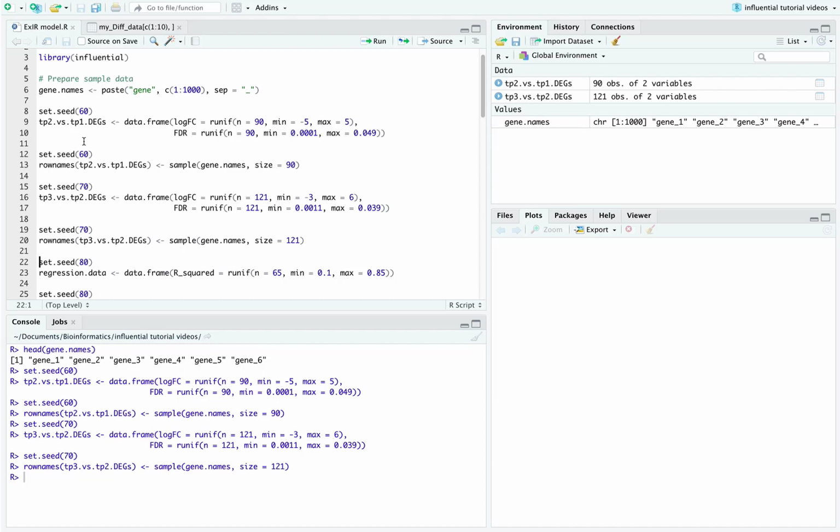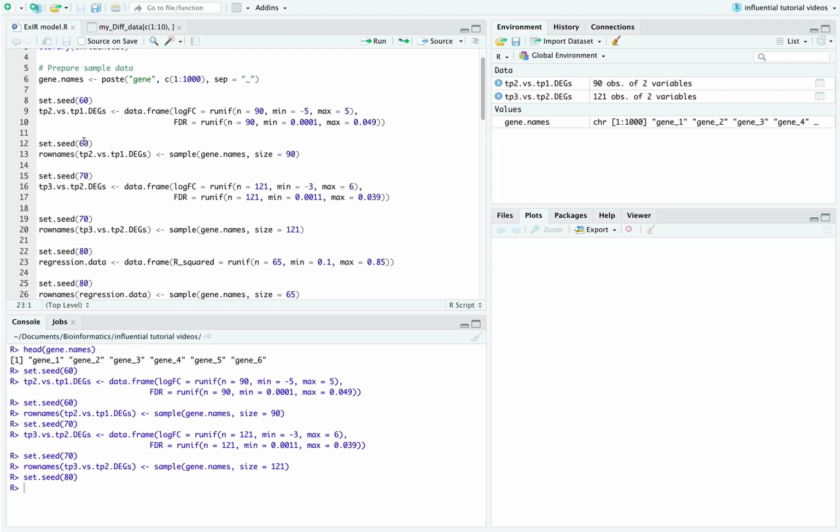But in some cases, you might do analysis on a time course experiment, and you will generate different differential expression data, and you may also generate some regression values. So it is possible to input all of them into the ExIR model. But before we proceed, we should again set the gene names of the regression data,